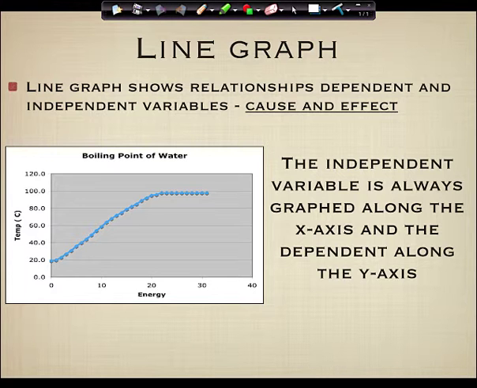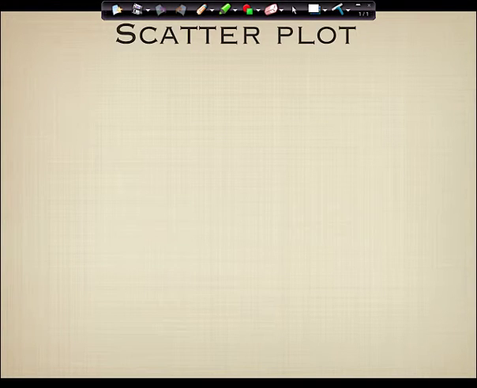So the sentence that is actually correct, in this case, the temperature depends on energy, tells you the dependent variable, which you immediately put on the y-axis. You get it? Okay, so there you go. So guys, that's line graphs. I love this example. This is cool. The next one we need to talk about are scatter plots.